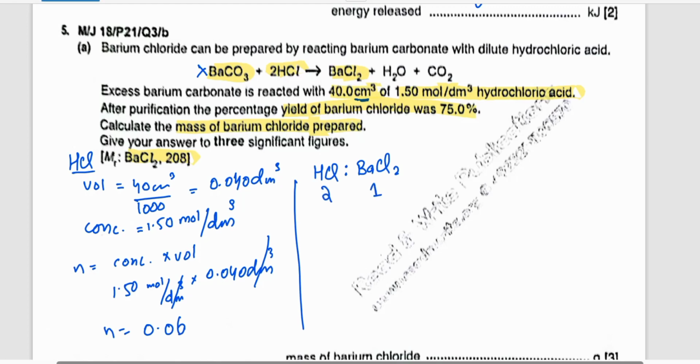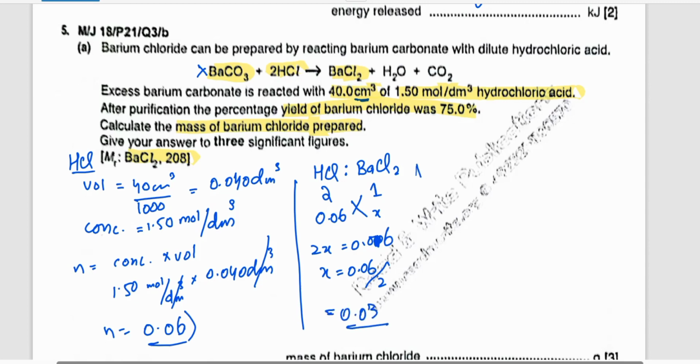If we have this many moles of HCl, because we calculated from the limited volume and concentration of the HCl, 2x is equal to 0.06, and x will be equal to 0.06 divided by 2. So 0.06 divided by 2 will get 0.03